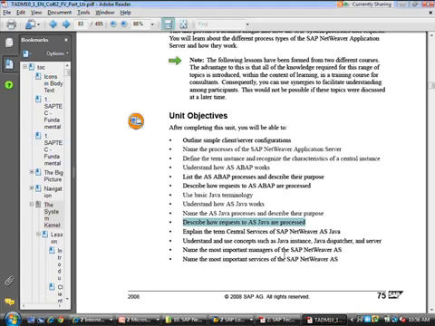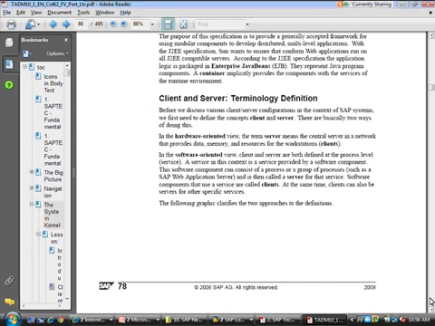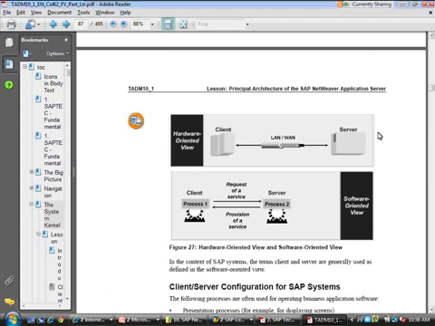It explains the term central services for SAP NetWeaver application server Java. It explains the concepts of Java instance, Java dispatcher, Java server. So you see how it builds. So this is a key chapter. My goal here is to explain to you at a high level. Again, I skipped a couple of pages because there's more verbiage there. I want to focus on pictures, because that's where I can explain the concept.